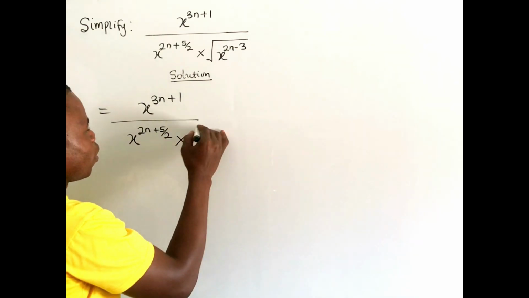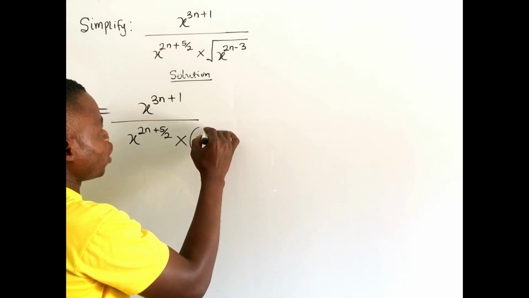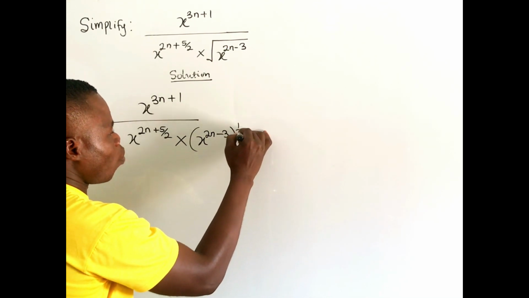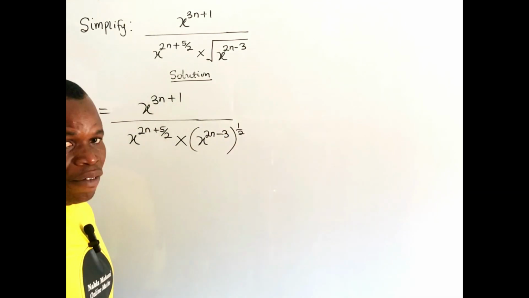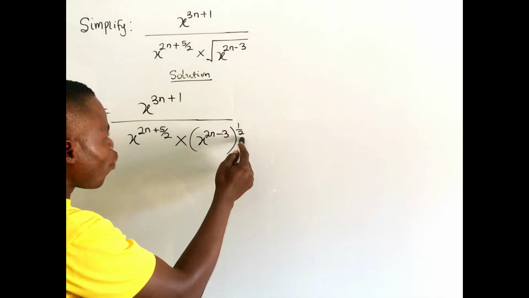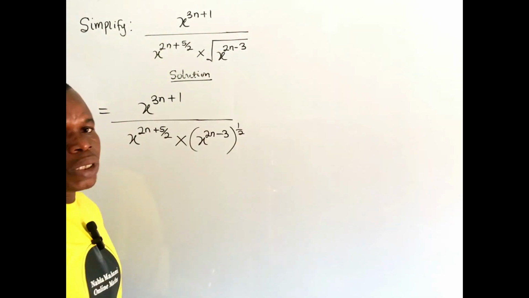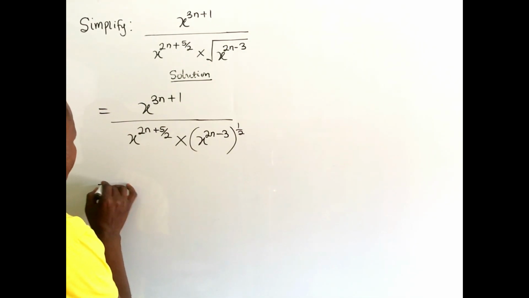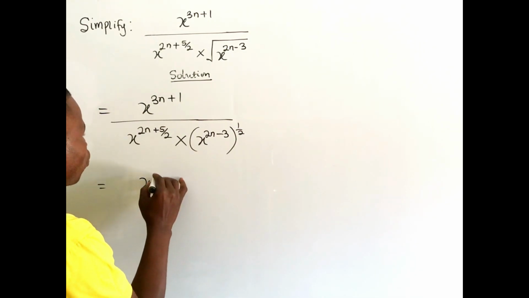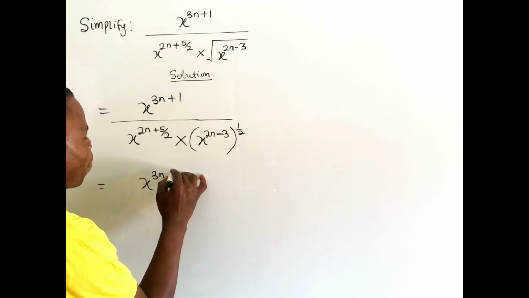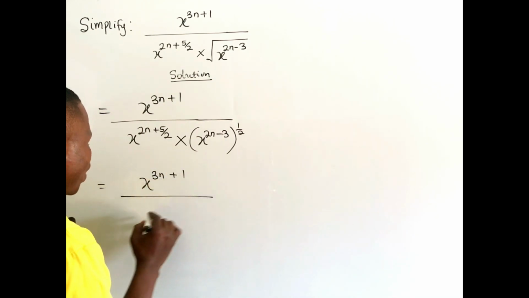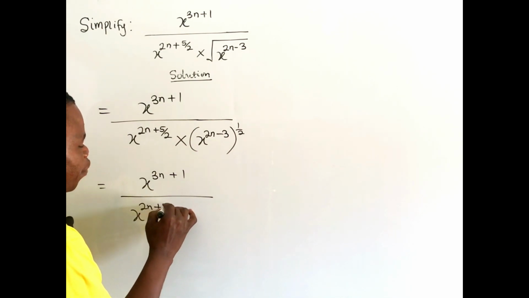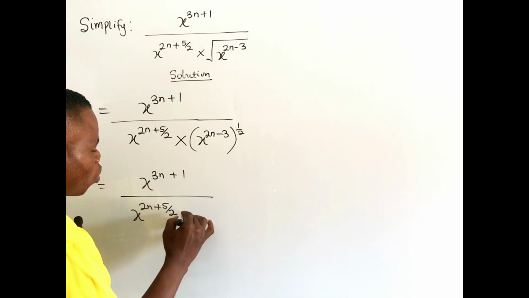times x exponent 2n minus 3 all to the power 1 over 2 or half. 1 over 2 is the same thing as the square root sign here. To continue, I will now have x exponent 3n plus 1 all over x exponent 2n plus 5 over 2